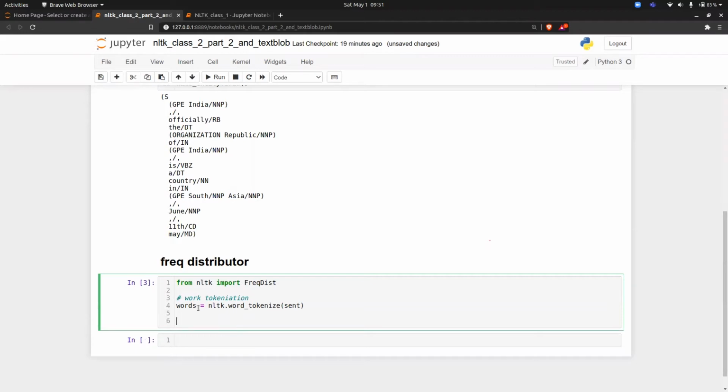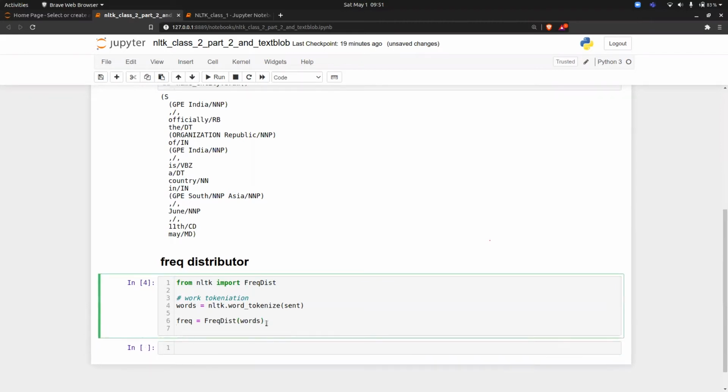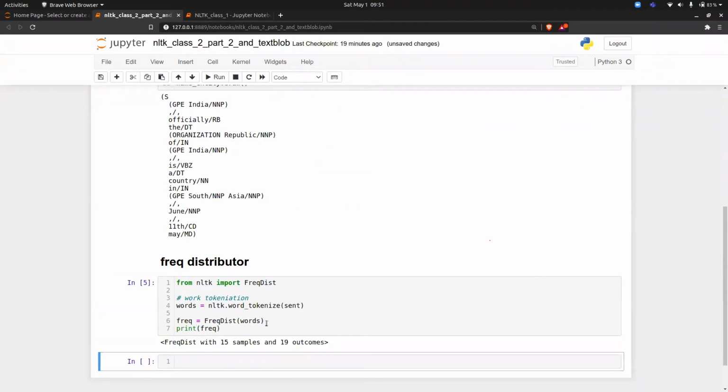That's it. So freq equals the library that you have called, FreqDist. Inside this, you just pass words. Your work is done. Now search for any word and it will give the frequency. So print, just type freq. There are 15 samples with 19 outcomes. Basically there are 15 unique samples and some words are repeated, so there are 19 outcomes.